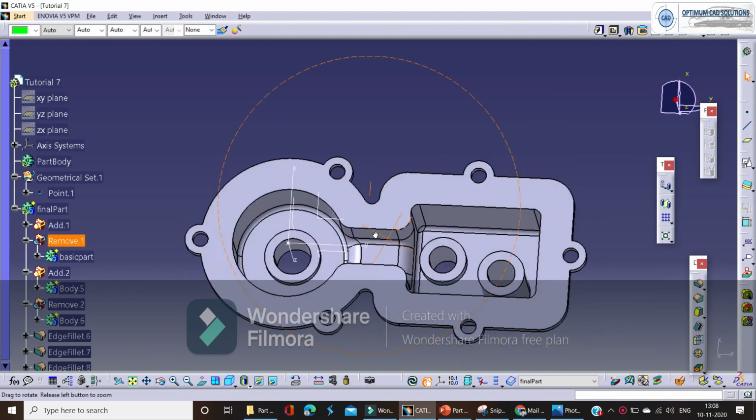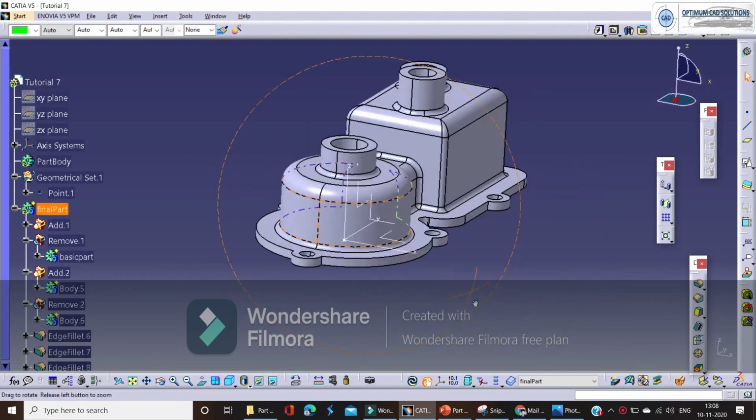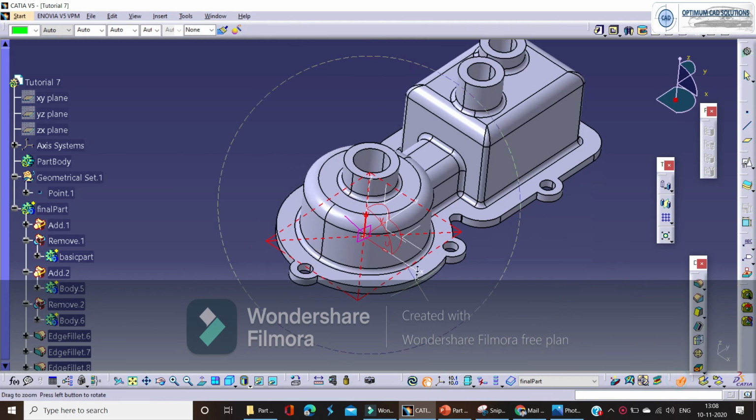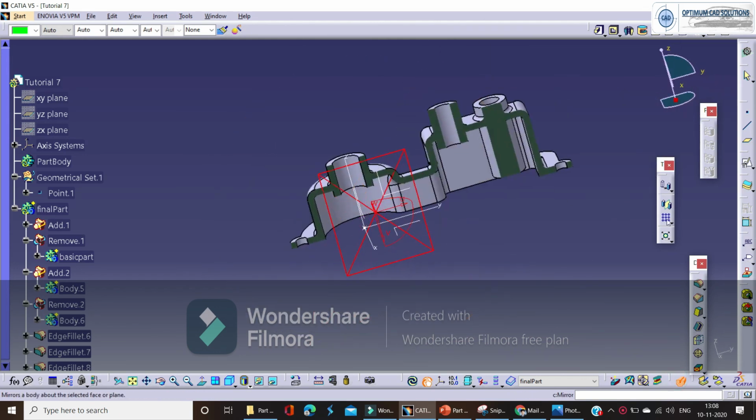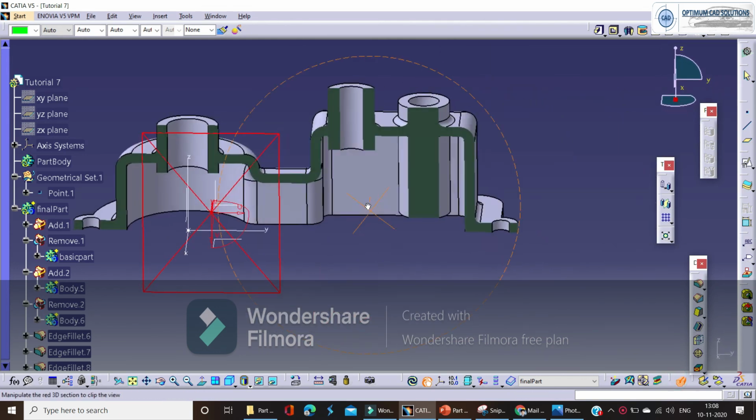So here is the object. So finally we converted 2D into 3D. We'll take a section view.